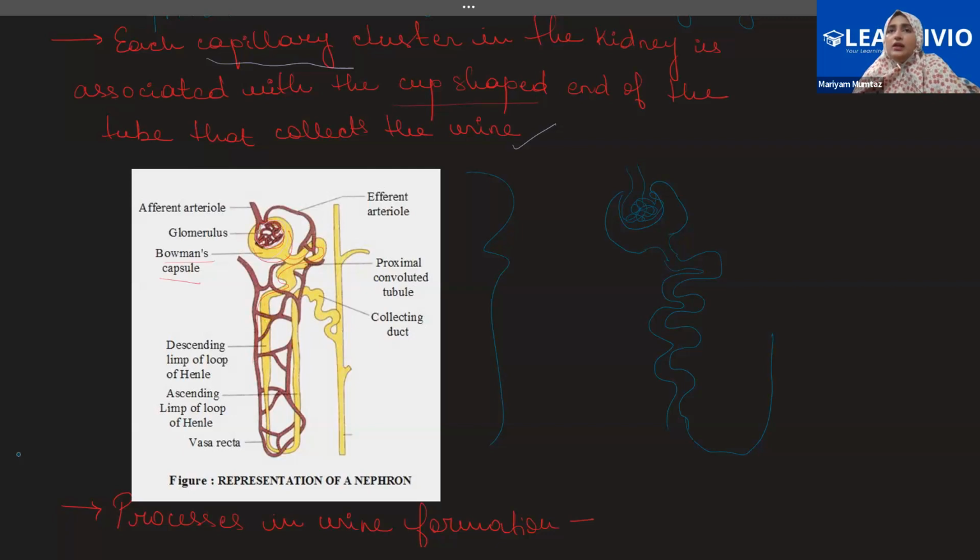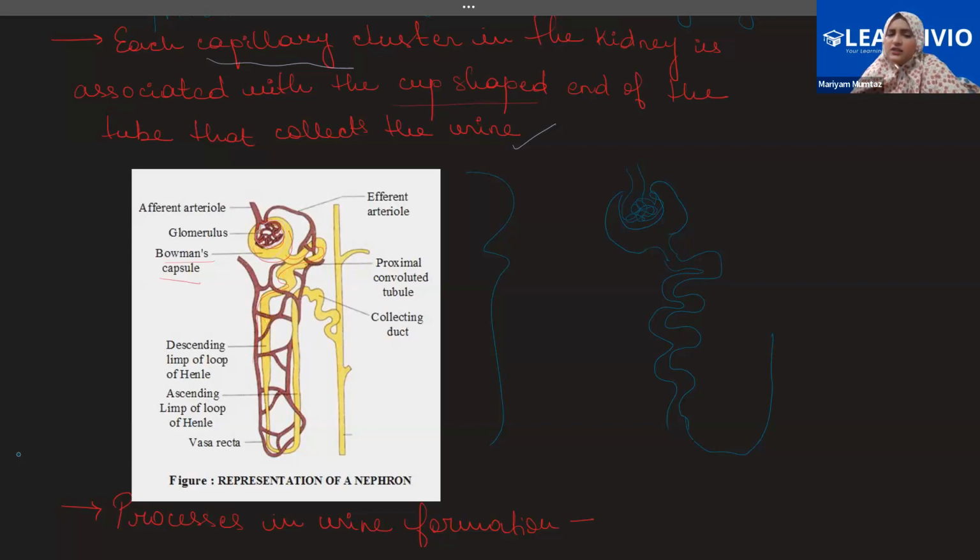This happens because of urine formation during that very process. Just like in absorption, when we absorb food substances, in the same way the nutrients have to be reabsorbed from the urine, because it contains many compounds that are very useful for our body. So that is why it has to be reabsorbed. Then at the end, the production of a completely concentrated urine takes place, and this is the inside of